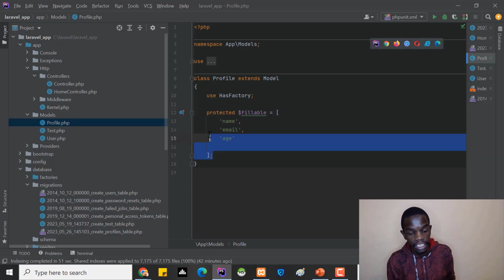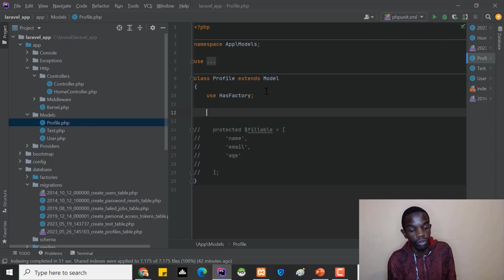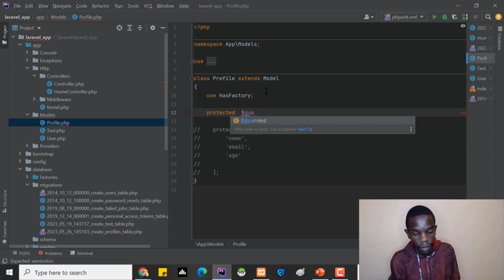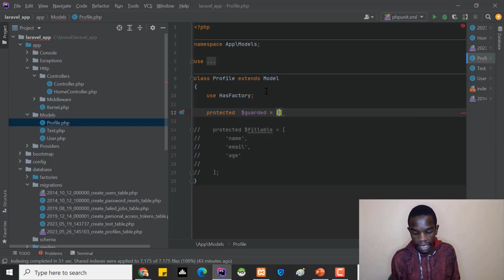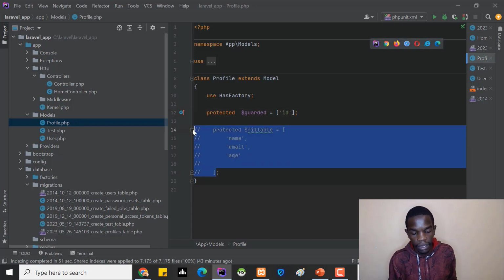The second way, which is much cleaner and much shorter, is by saying the data which should not go into the database, while everything else that you have left out will go into the database. So in this case, I can say when someone passes ID, then ID should not go into the database, and by that you say protected $guarded. All right, and then you specify an array, and then you pass that column that you don't want to go into the database. All right, so I'll use this first one and leave the second one here for now,